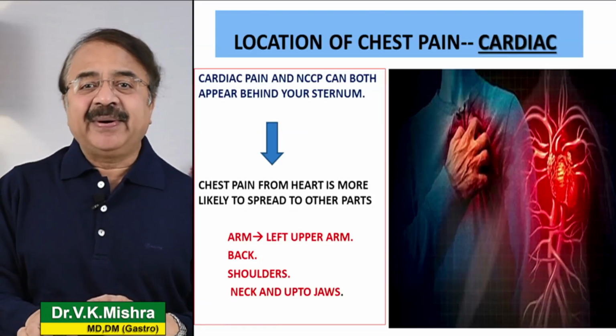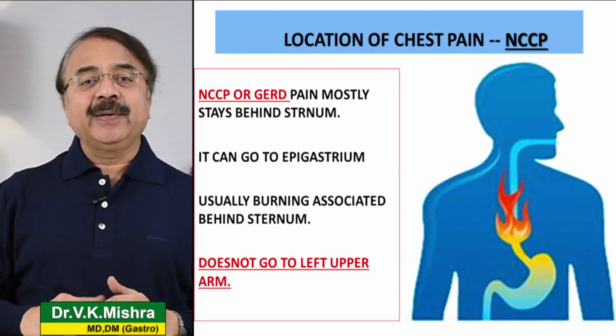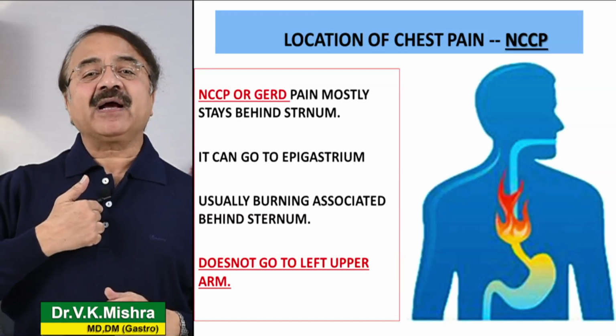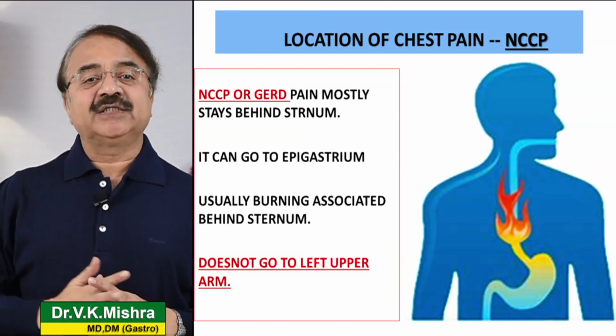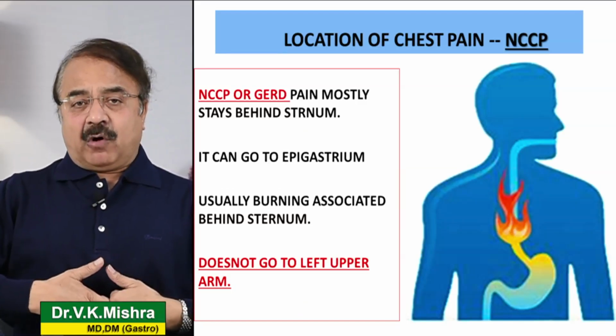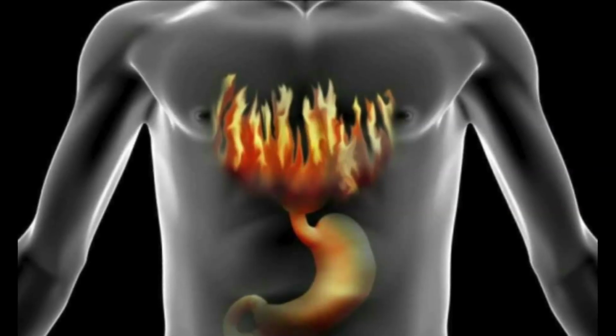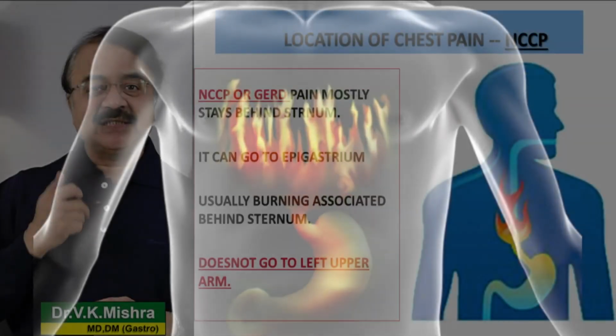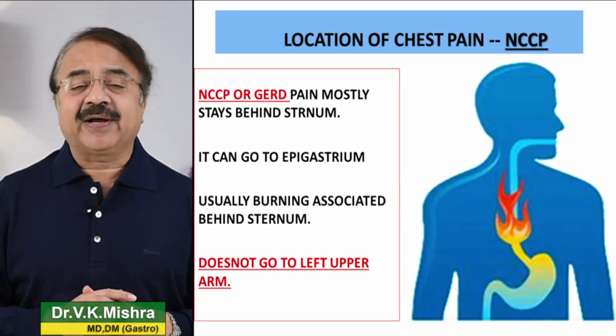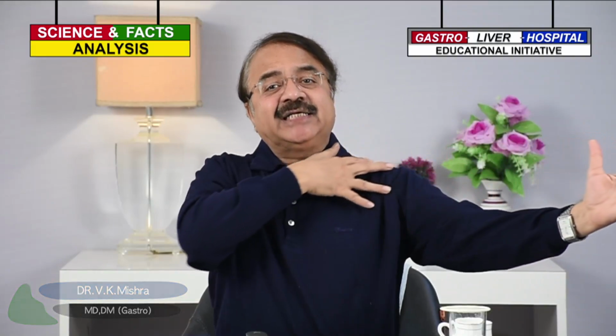If that is the kind of radiation which you are feeling, it is most likely that you are having pain from the heart. But if it is coming from the esophagus, you will feel that it is coming from behind the sternum, the bone which is known as the sternum. It is felt in the epigastrium also, that is below the sternum. This pain usually is accompanied by a burning sensation. If you have the burning sensation also, it goes more in favor of pain from the esophagus. It does not radiate to the left upper limb or to the left shoulder. If there is no radiation of this kind and the pain stays here only, it is possibly pain coming from the esophagus.